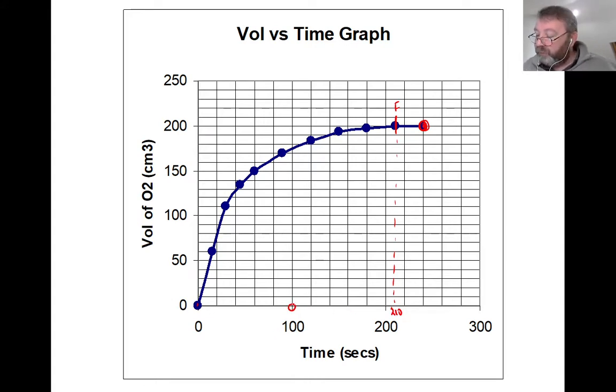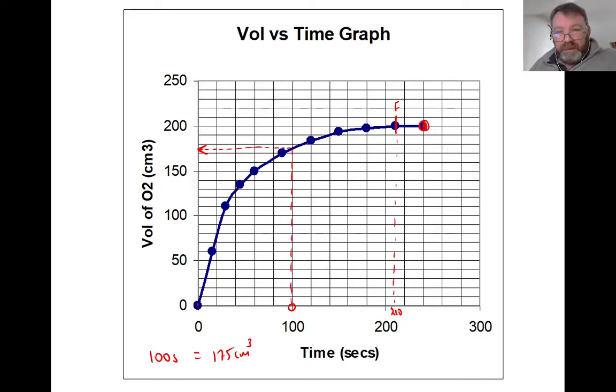And all I've got to do then is to draw towards the graph like this. Okay, and when I hit the graph, take a 90-degree turn out like this, and that, where it hits the other axis, is the answer. So after 100 seconds, what did I have? After 100 seconds, I had 175 centimeters cubed. Somebody else might say to you, okay, how long did it take to produce 100 centimeters cubed